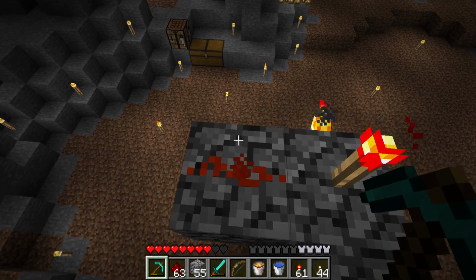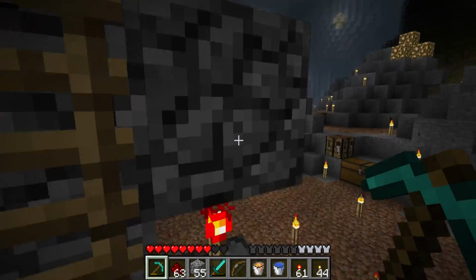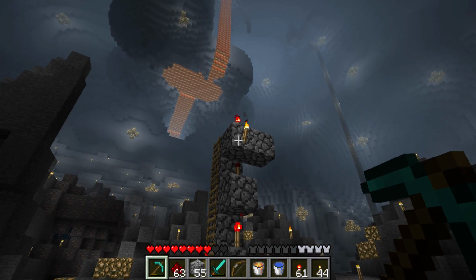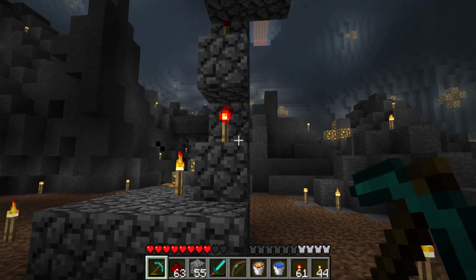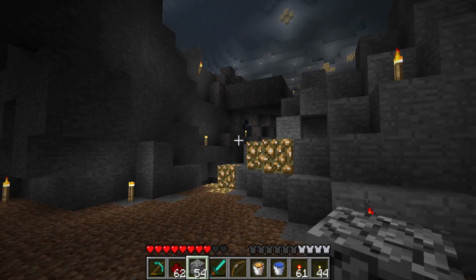Depending on how often I want these signals coming off. So that is every fourth, like 1, 2, 3, 4, 1, 2, 3, 4. Yeah, every 4 blocks, we could pull a redstone signal off, or we could do it